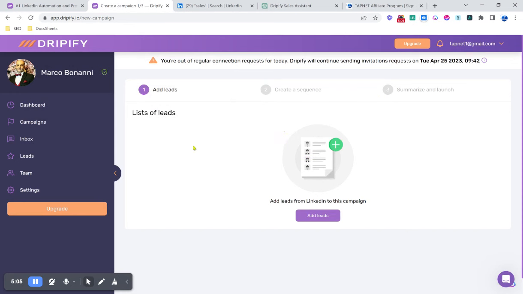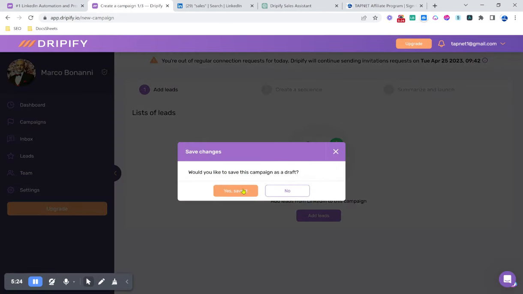But essentially, once you've added your leads here, the next step will be to create a sequence. This is why I like to create them in advance, like I showed you in the settings area, because you'll want to have a template where you can just import into there. And then there'll be a few other settings that you'll set up in the summarize and launch the campaign. Just to give you an idea of what that will look like